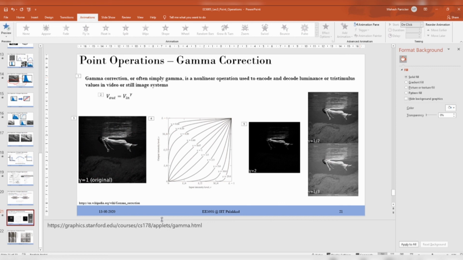Then contrast stretching, which is nothing but stretching the histogram to the entire dynamic range. Then histogram equalization, which is a very powerful technique. Then histogram specification, where I specify the histogram, changing the original histogram of the image to a custom histogram. And last but not least, the very powerful technique of gamma correction.